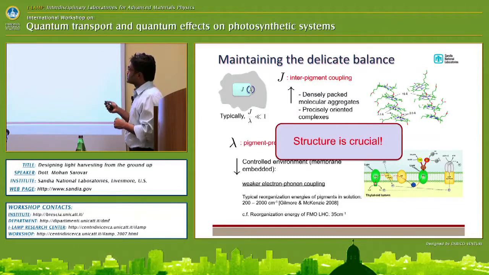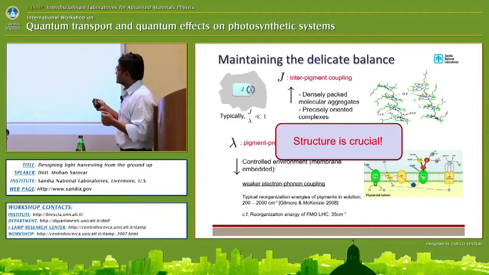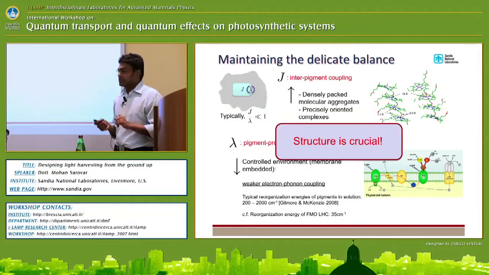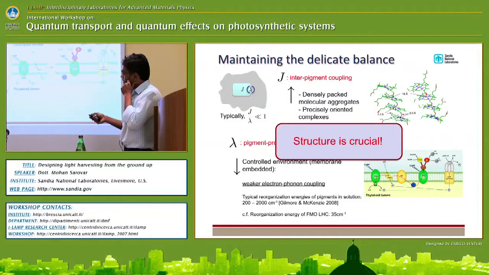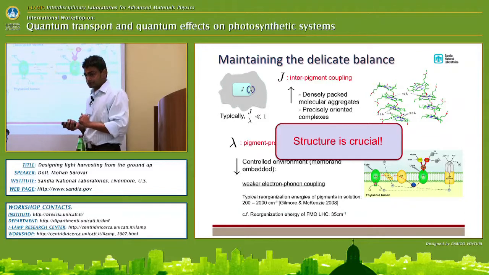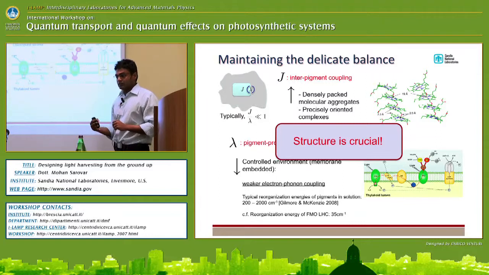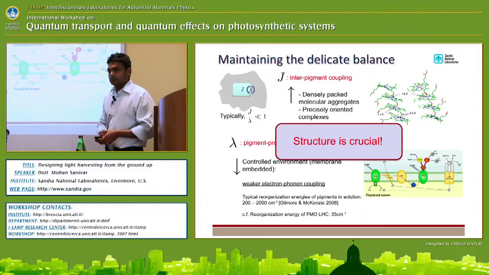First is that the interpigment coupling, the coherent coupling between chromophores, is increased by a dense packing of pigments, right? So you see very small separation between these pigments, and that increases the couplings between them. The other factor is that the solvent or the protein coupling is reduced by a number of things, predominantly the fact that these things are embedded within membranes, right? So because they're embedded within membranes, they're less exposed to solvent, and so if you just compare the typical reorganization energy, which is a measure of the net coupling to the environment that a pigment has,